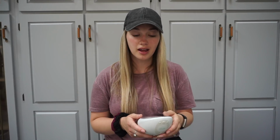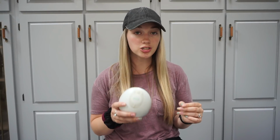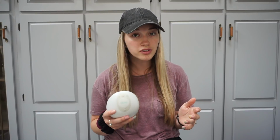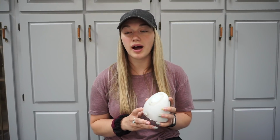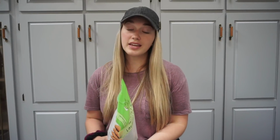I still could, but I do know that some insurances will cover partially an LV or completely cover an LV, and so I just had to put it in here because it is 100% my favorite thing for breastfeeding, or breast milk related. Speaking of breast milk, these are my favorite thing for breast milk